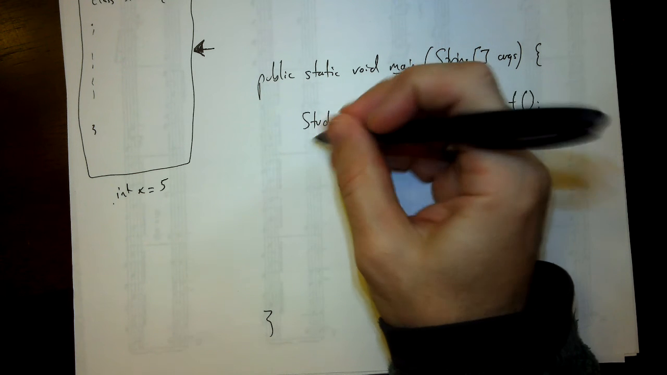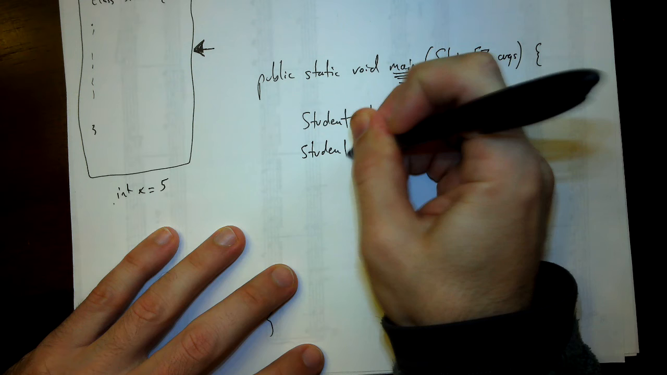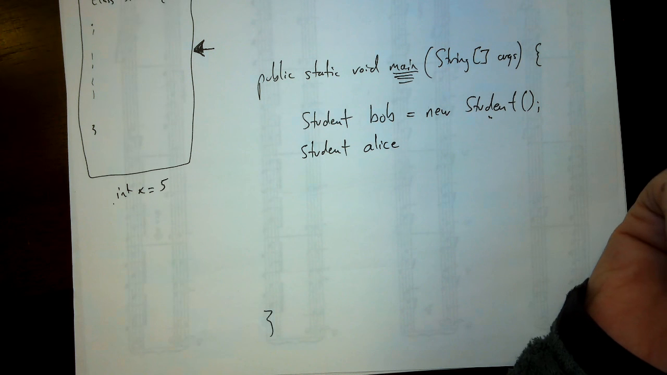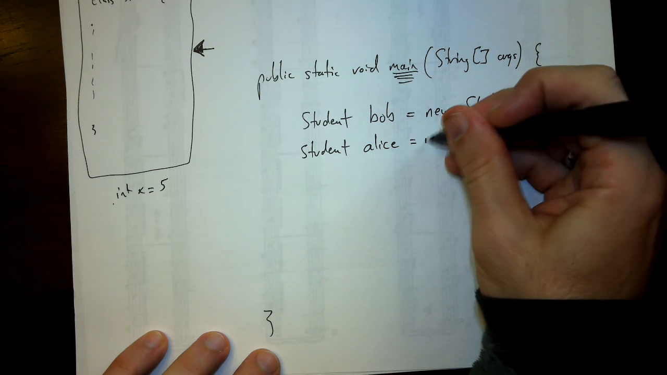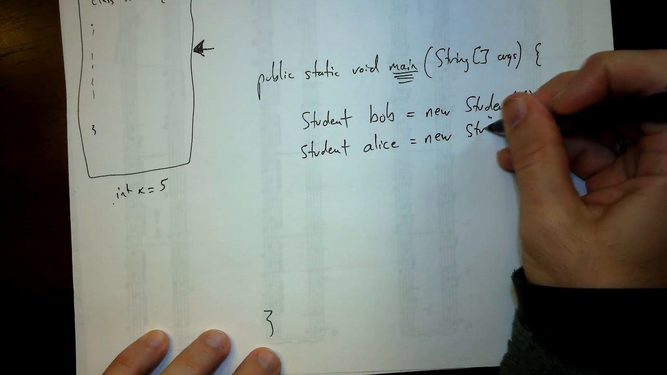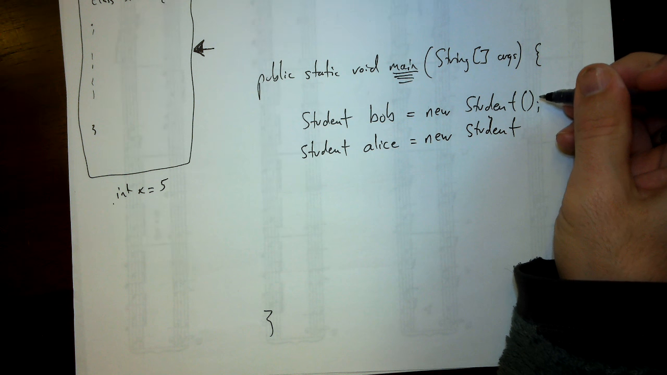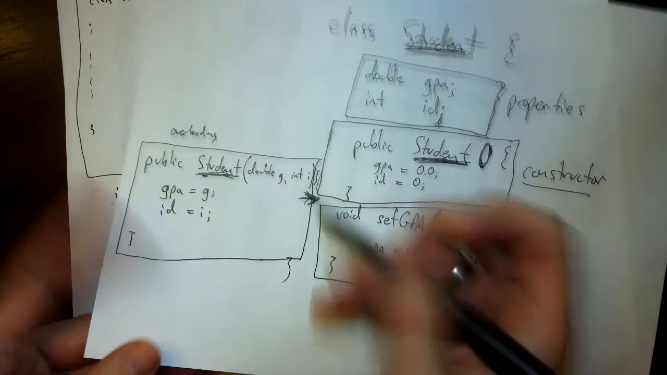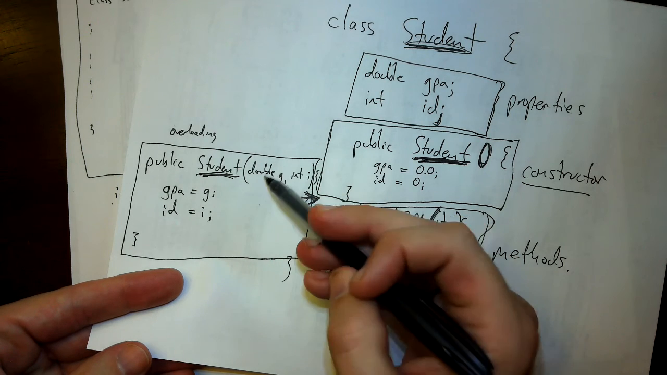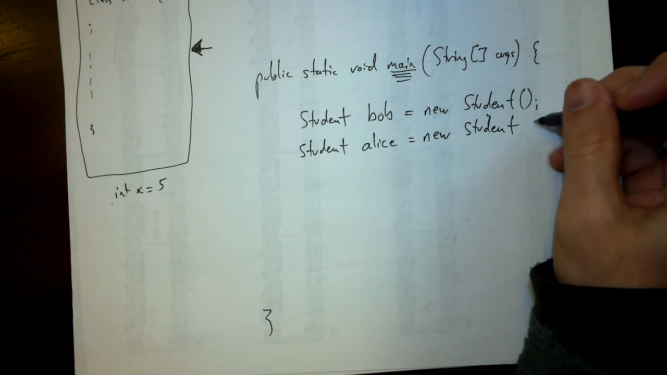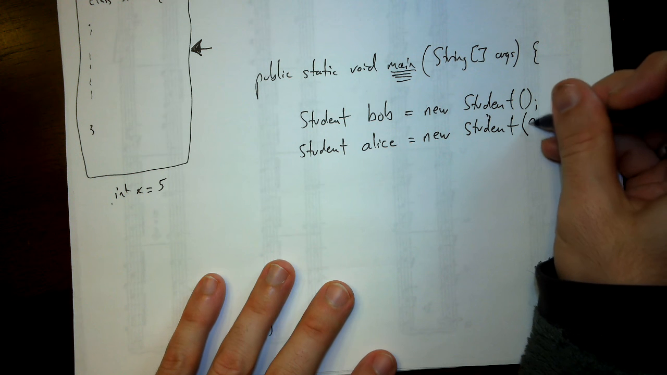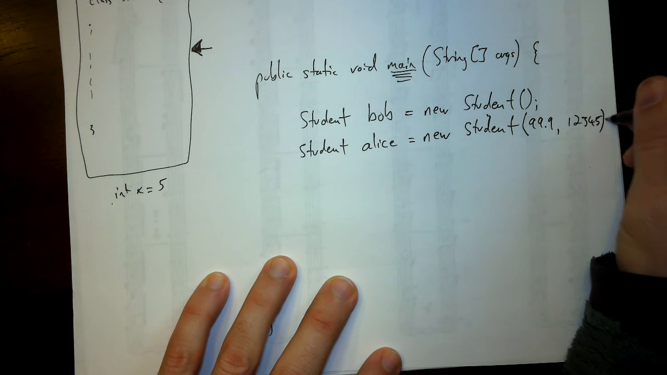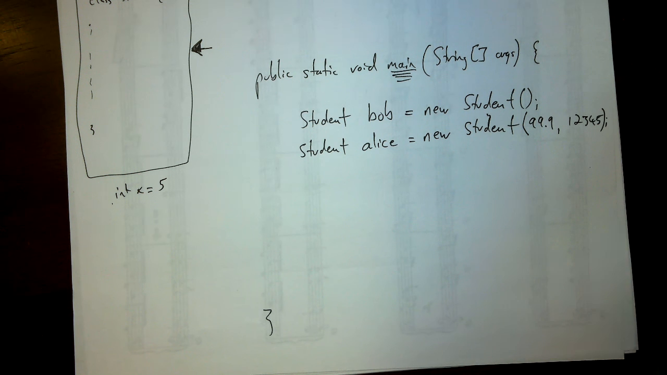So I'm going to make a new student called Alice. And when I build this new student object, instead of the default constructor that doesn't take any parameters at all, I'm going to use this new one that I created that takes a double and an integer. So the double is her GPA, which is 99.9, and her ID is 1, 2, 3, 4, 5. And both of these will work